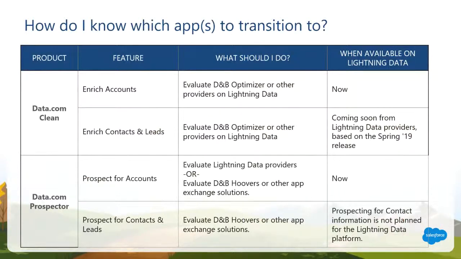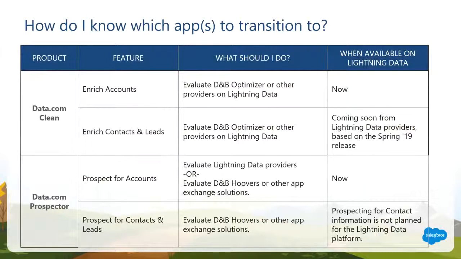Yeah, so data.com is fairly vast, and people think of it as one app, and there's different apps and different data sets. And of course, Lightning Data is fairly vast also. So I'll make one point up front. The focus of Lightning Data, and what has always been in the data business based on our customer feedback, what has provided the most value is that clean use case, taking your records in CRM and matching them against the data sources and enriching them at scale. So that really is the focus of the Lightning Data platform. And what we've done here is broke down the data.com product into specific types of use cases to help better guide you into where you can transition to.